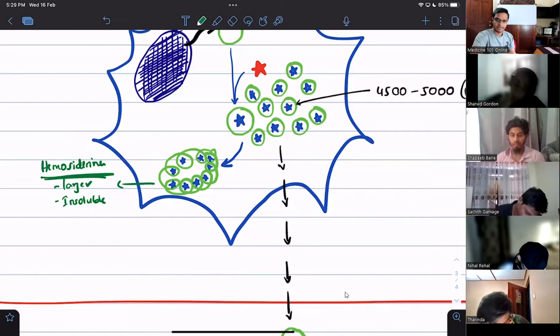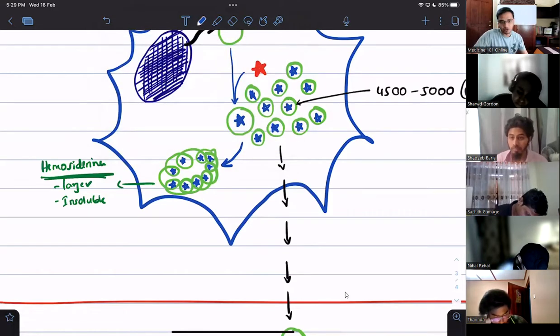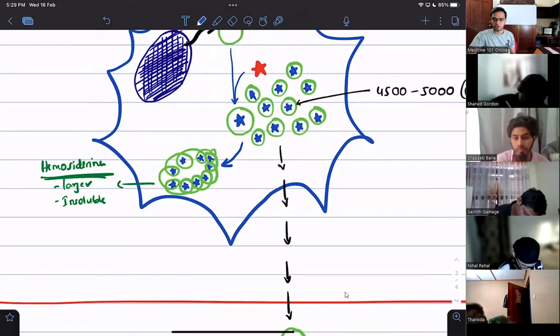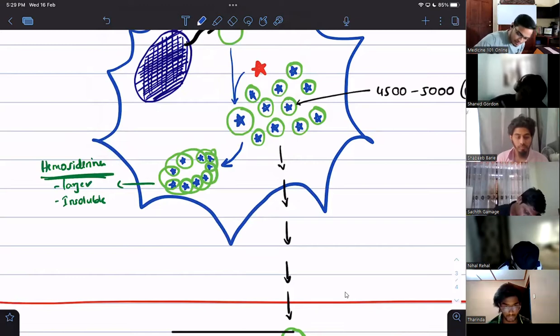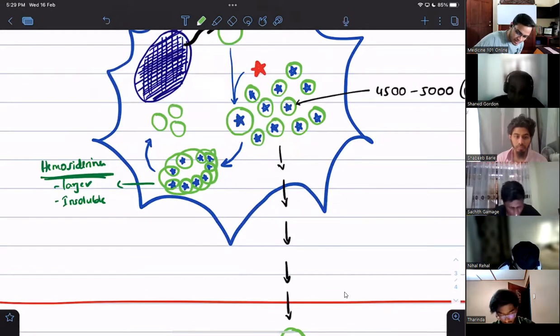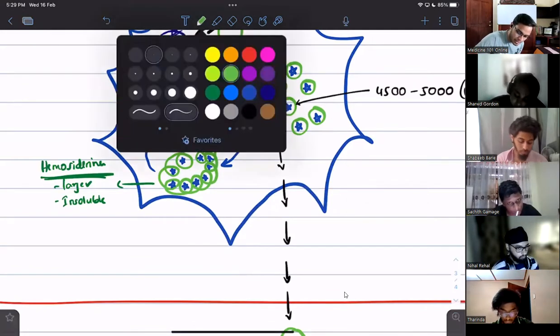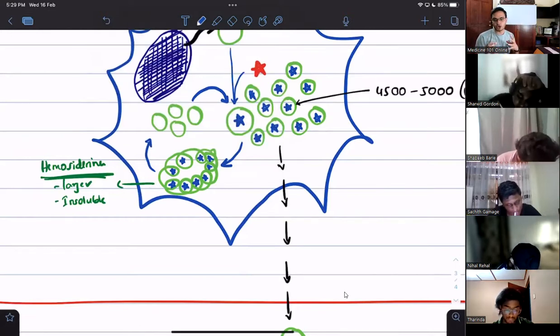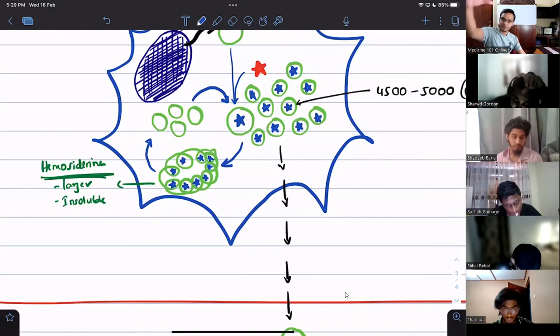right? Then another important thing I want you all to know: now let's say this macrophage has made some hemosiderin as well. But now the body's iron level drops a little. So what should he do? Should he keep them in the hemosiderin form? No, he should break them back down. This is a reversible process, guys. These clumps, these clusters can be broken back down into the individual ferritin molecules, right? So just for efficient storage, they will join together, form clusters and form the hemosiderin. Again, when required, they can disintegrate into ferritin, right?